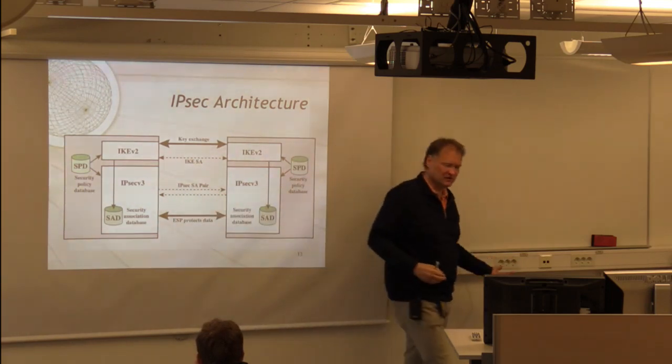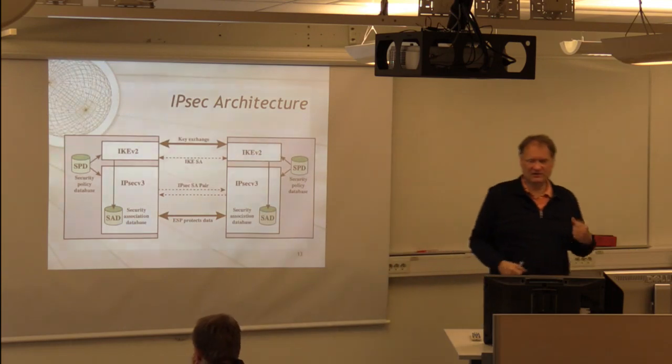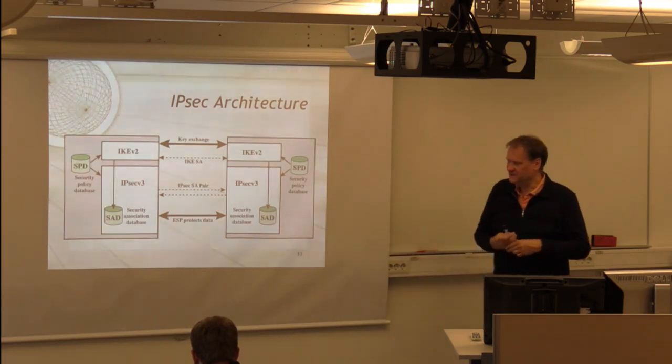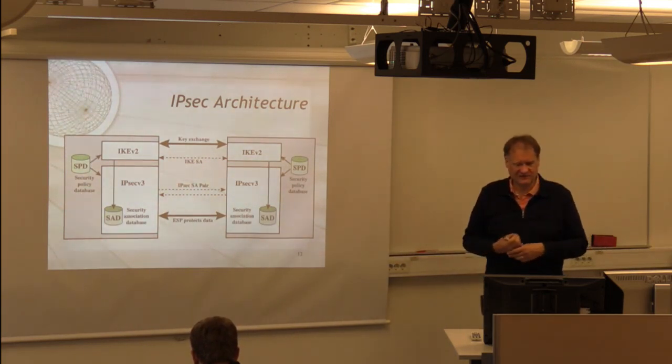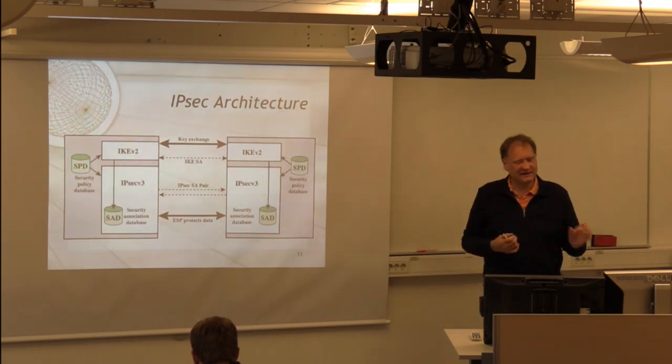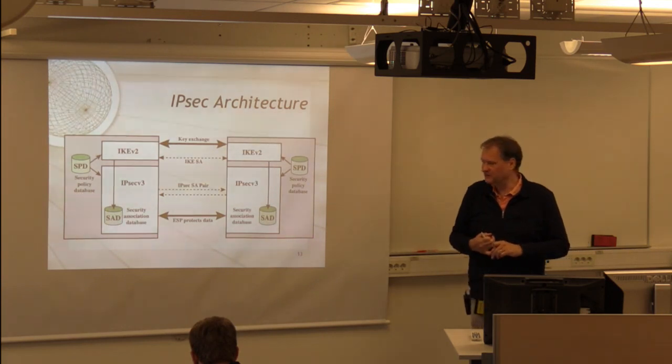We have one association going in one direction and one in the other direction. So that's called a security association. Between two different IPsec nodes, we can actually have many different security associations, because one security association can handle some very specific traffic. It could be that